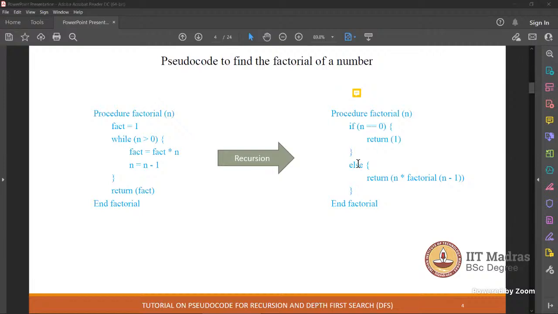Because sometimes, as we know, recursions are costly. They are time consuming and consume a lot of computational power. They're always costly, not sometimes. Recursion is always costly, and still we are using it. That's what I said, there is a fine balance we have to find. Sometimes we might prefer to compromise on complexity because it's easy to write the code. If something is happening in a fraction of a second, we may not bother about it.